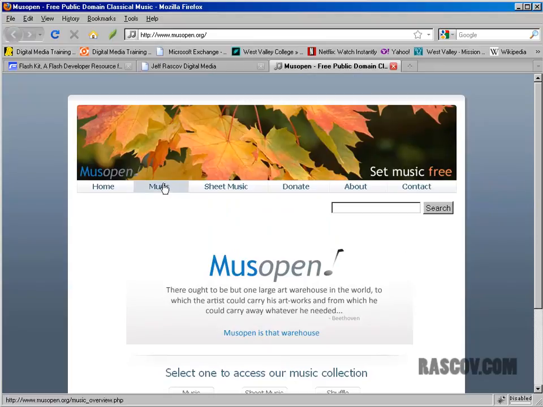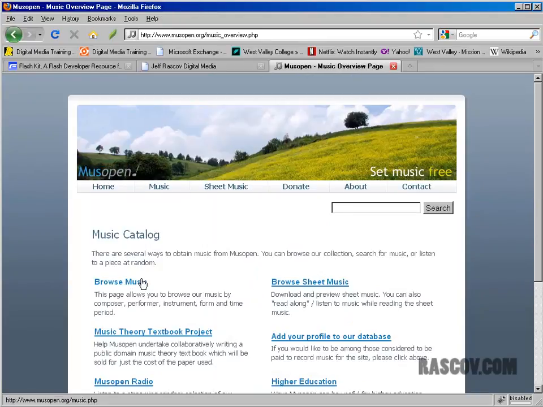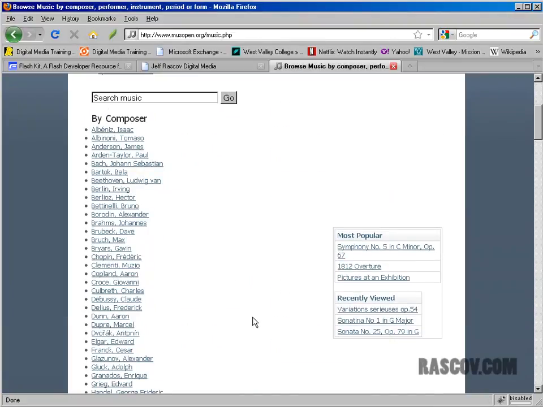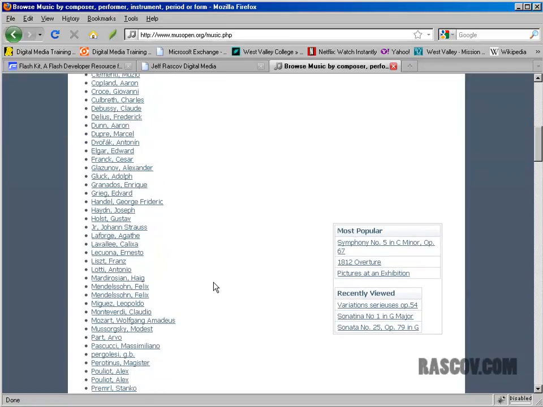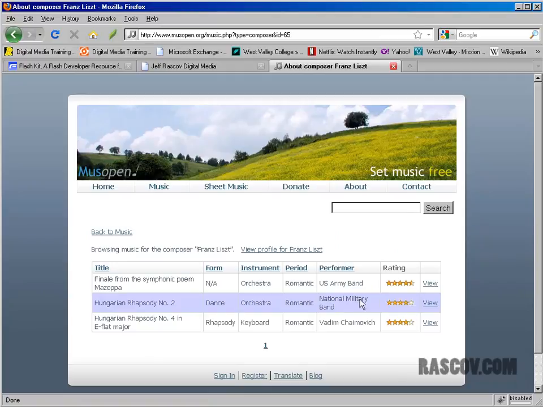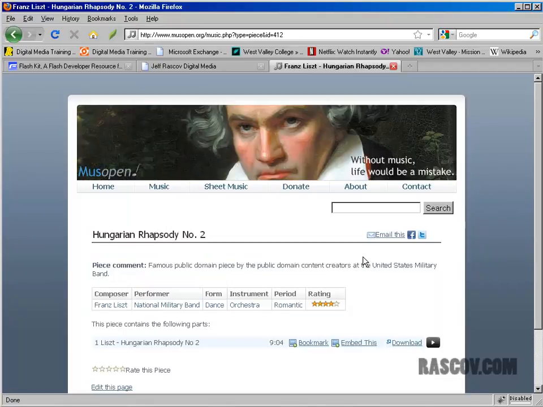So that's why it's Music Open. On this website, you could just go and download. You could browse through their collection. Most of it is orchestra or classical kind of music, but you can listen to the songs if you want. Hungarian Rhapsody, you want a version of that you could use in your movie? It's right here, and you can listen to it.